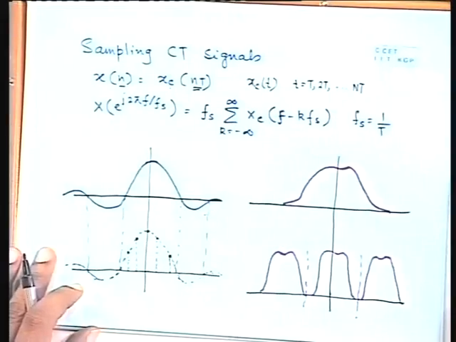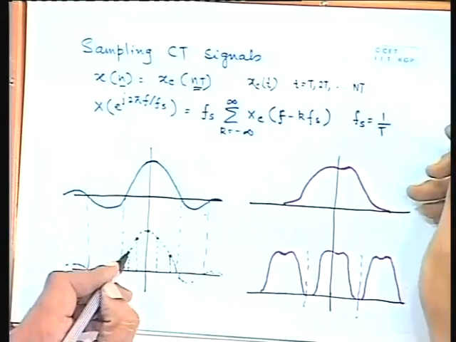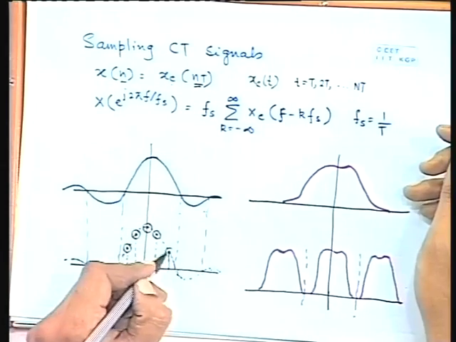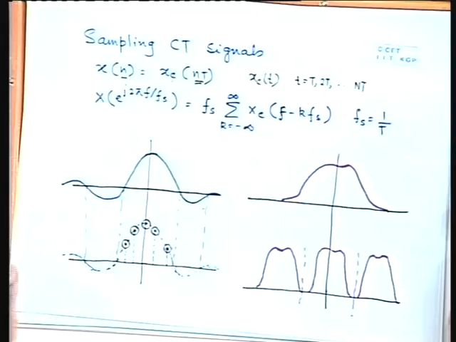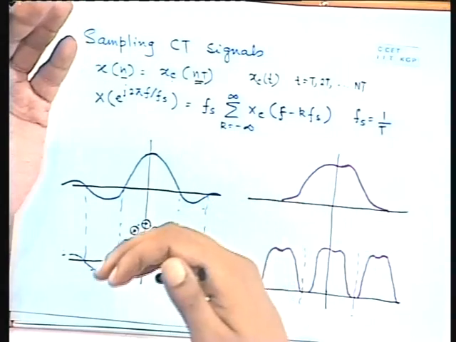So what we mean is that suppose we have a continuous time signal and we have taken samples of it. So we got a sequence. Now we are going to manipulate that sequence. We will say that suppose the actual continuous time signal is passed through a filter. So I will get some other signal at the output.